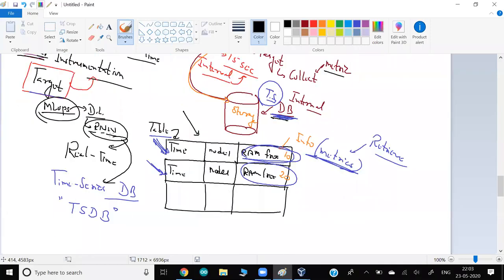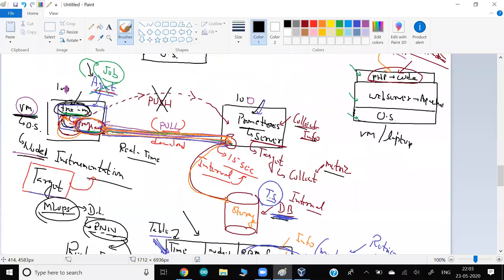So technically, if I conclude whatever we have learned, Prometheus is just a tool, and the only duty of Prometheus is to collect the metrics and store them in its time series database. That's all. That is the duty of Prometheus. There is nothing else. But yeah, they give you some extra things to test.